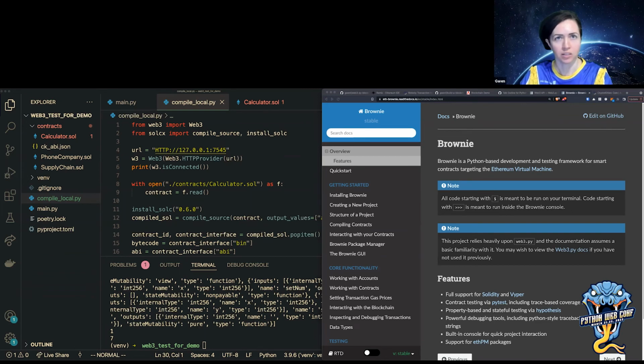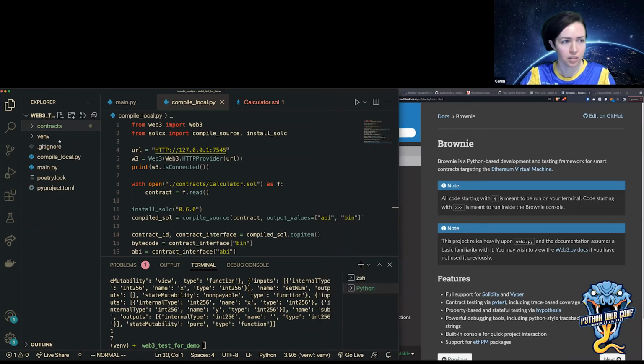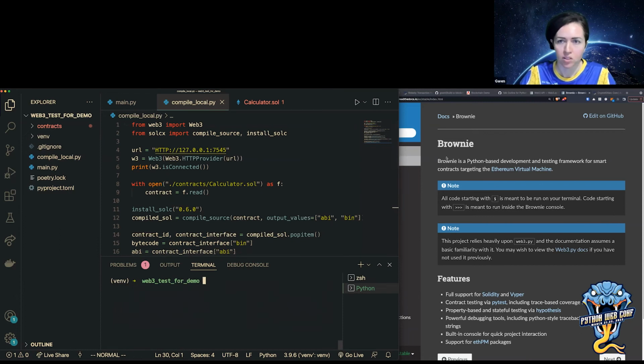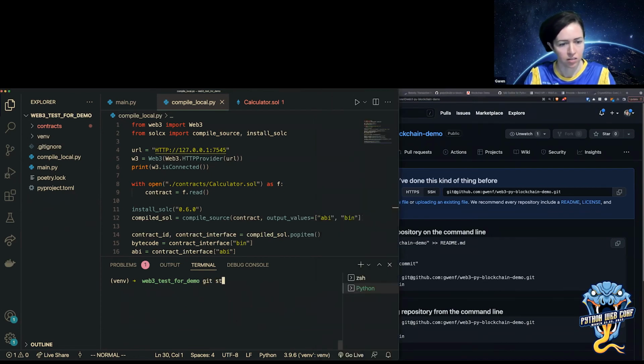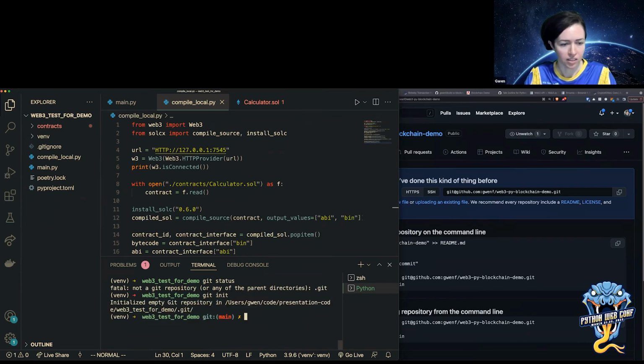I had a couple more compiled contracts, but maybe we could just install Brownie. I was actually going to push this code if anyone wants to see it or interact with it. I made this empty repo so far, and I'm just going to push it real quick. Git status. Oh yeah, I haven't made the Git repo yet.